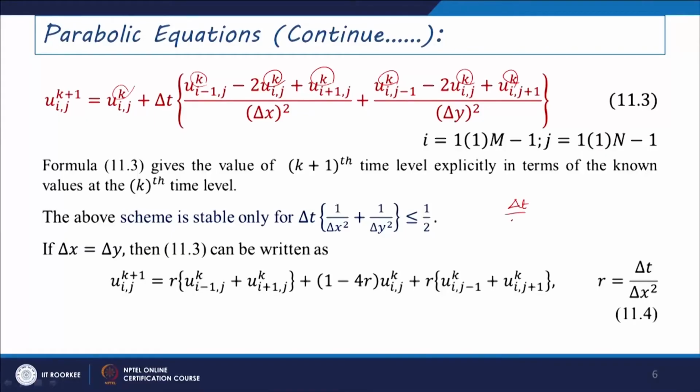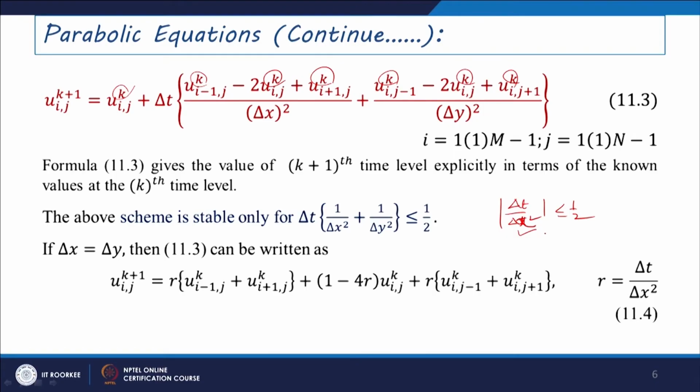Since we have already discussed that the explicit scheme is stable whenever del t by del x square is less than or equal to half, for a one-dimensional problem, del t by del x square should be less than or equal to half for stability of this explicit scheme. So, when it is extended to two dimensions, since two coordinates are involved,